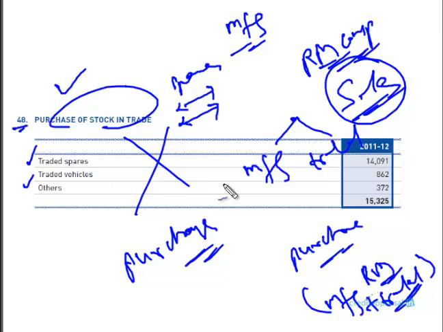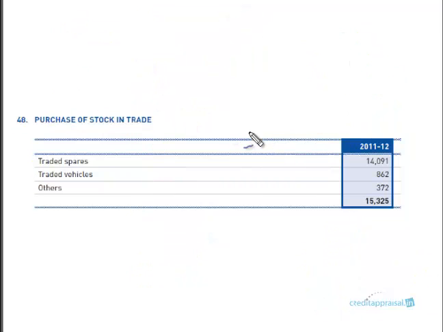But then we know that for raw material we should not take just the purchase quantity. We have to take the consumption figure, as per the matching principle. If you remember the small formula we discussed, consumption is purchases plus opening stock minus closing stock. So what is the purchase of only these traded goods? The purchase of these traded goods is